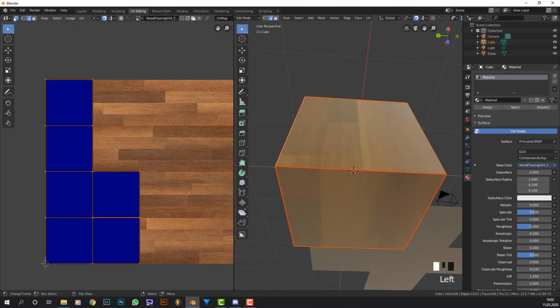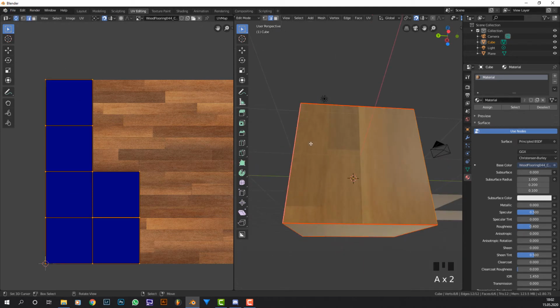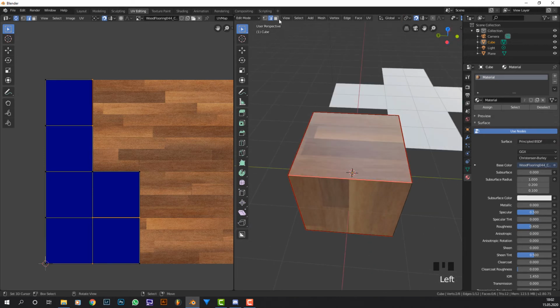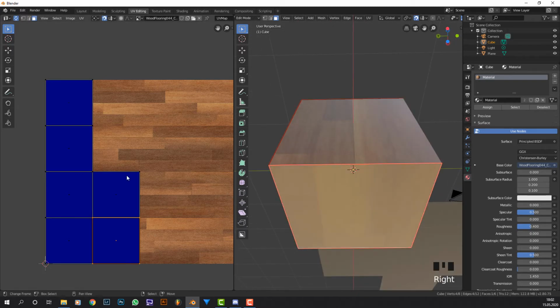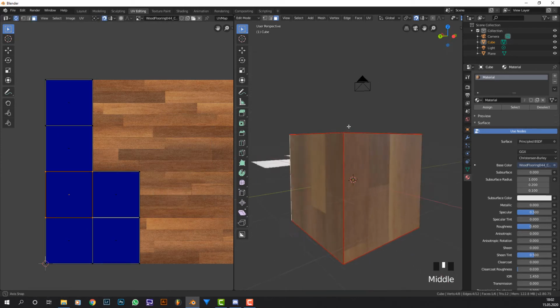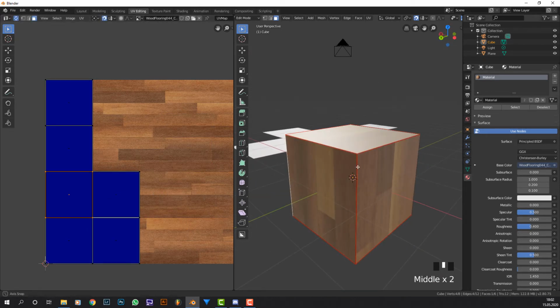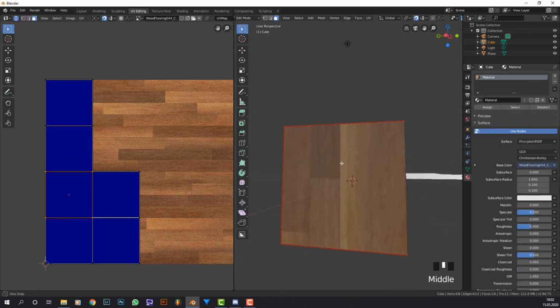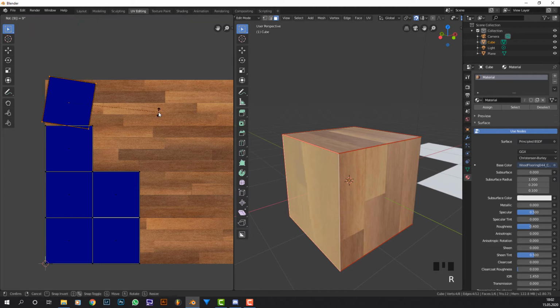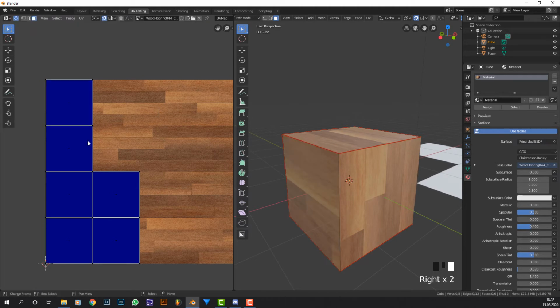If I enable this right here, then you can see if I select, for instance, this, this gets selected, then this gets selected, and we can move these individually. And now what we have is something that just works together. If I were to rotate these by 90 degrees, then you would see,